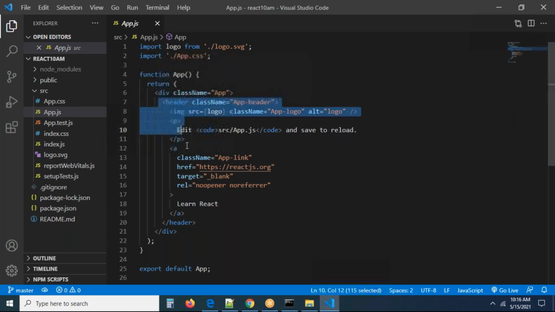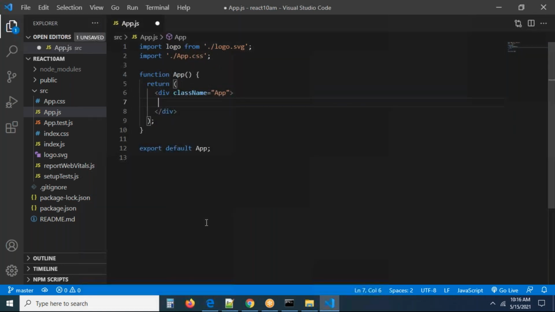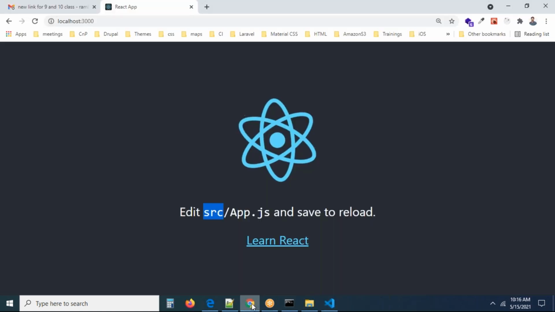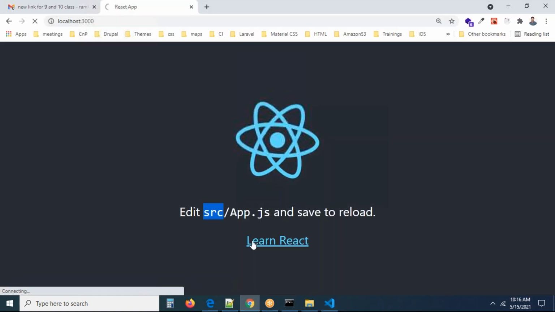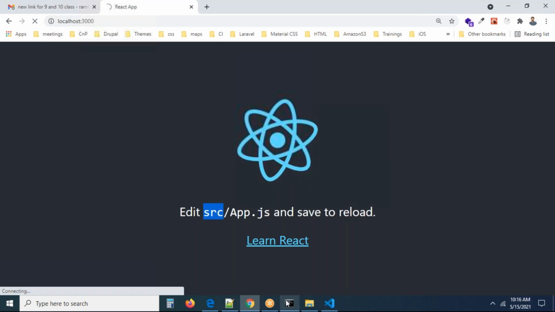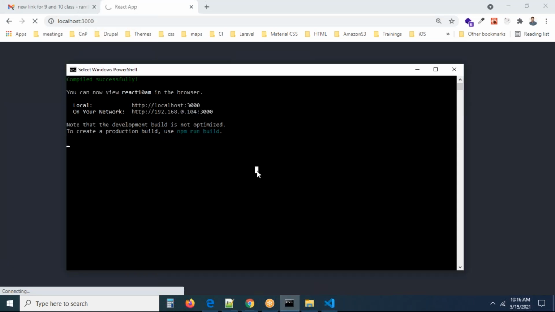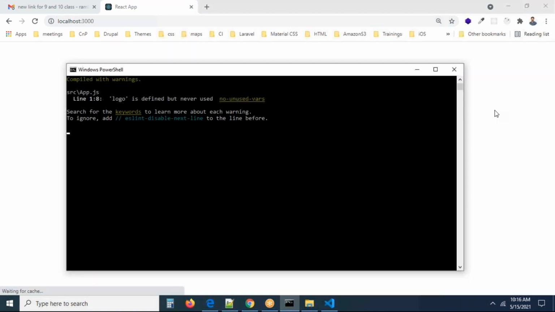You can remove this header. I'm removing the header. Now it is very clear. We don't have anything here. Try to go and refresh the page. Are you able to see anything here? It should be compiling. Sometimes it may take immediately, sometimes it may take some time, guys. Don't worry. Are you getting anything on the screen? No, you are not getting anything on the screen.